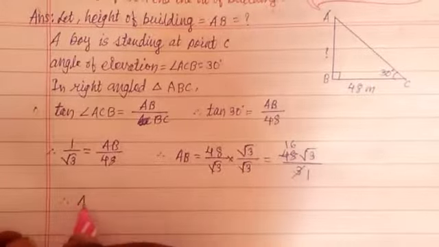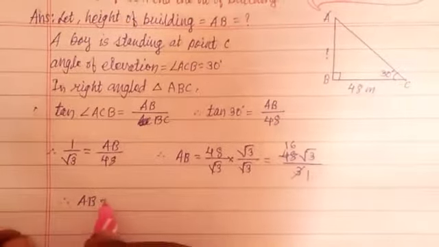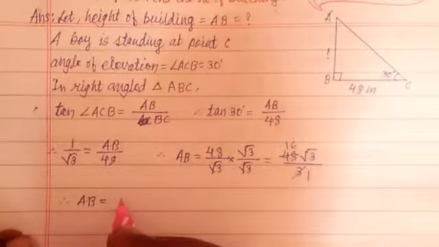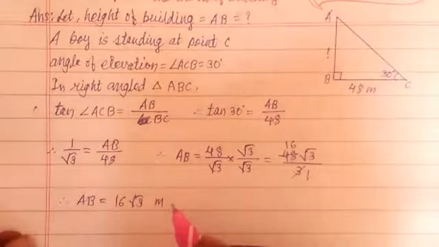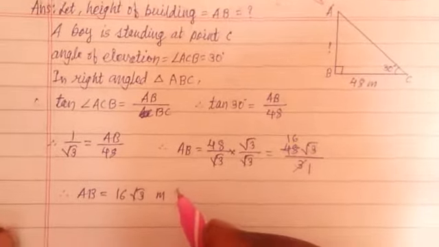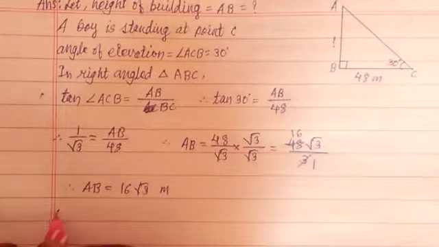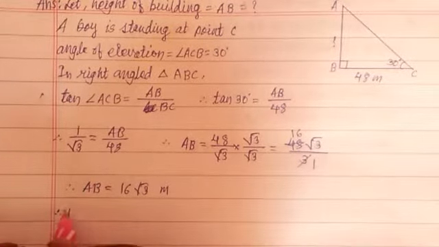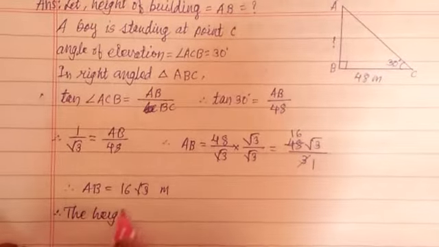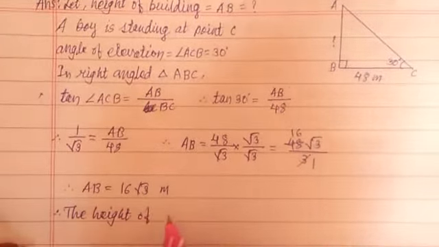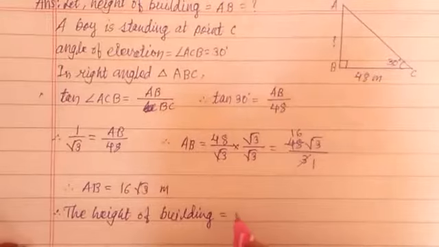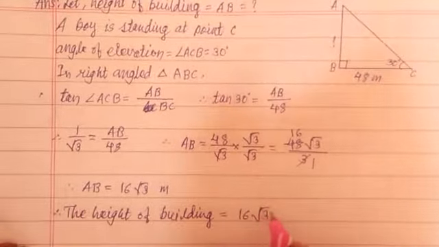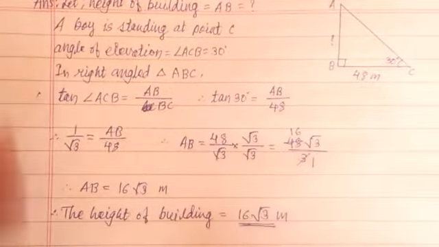AB is equal to 16 root 3 meter. This is the answer, and hence we can write the answer: the height of the building is equal to 16 root 3 meter. This is the answer. Then seventh example,